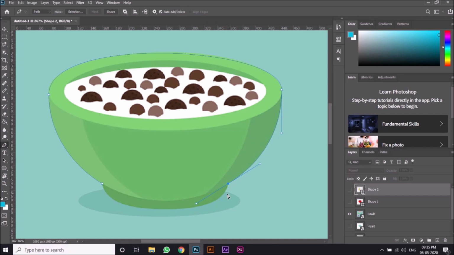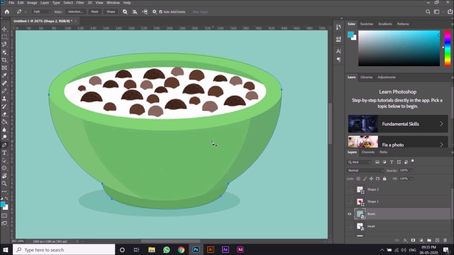Actually, let me tell you, if you don't want this handle to influence the next upcoming curve, you can do this by pressing Alt and then clicking here, and now you can just continue, and here you go, it's normal again, and you can make this curved again. I'll click here, and then I'll make it a little bit like this. Seems fine. And then another curve here, and then I'll click Alt again, click here and then drag it, and it seems to be fine.